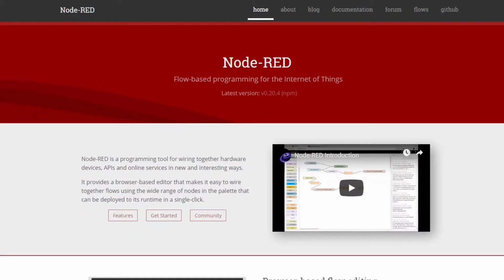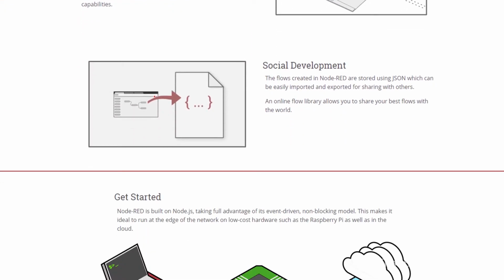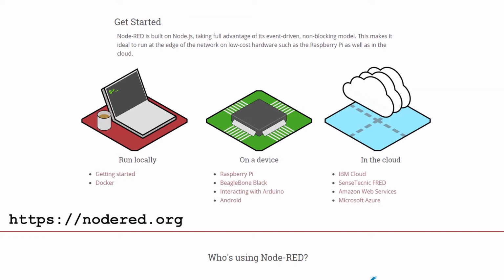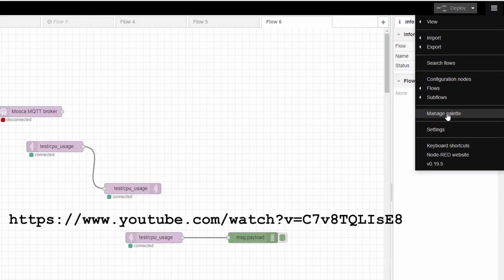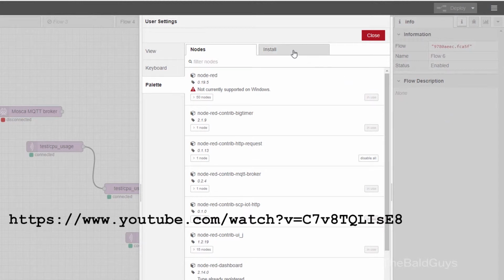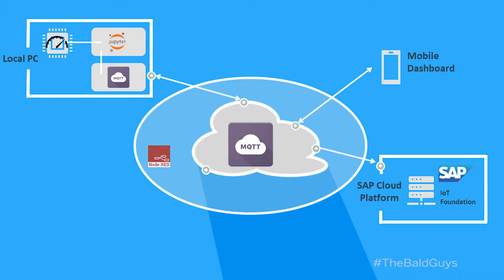Before we read out our sensor, we must first install Node-RED. You can find instructions on the website of the Node-RED Foundation. I posted the link in the description of this video. If Node-RED is installed and running in your browser, you can start installing the local MQTT broker. Fortunately, you can do this directly from Node-RED. I've also added a link to a wonderful explanation video. If you follow the instructions, you have installed the lightweight Mosca MQTT broker. Many thanks to Steve Cope for the helpful video. Now we have everything we need to get started.